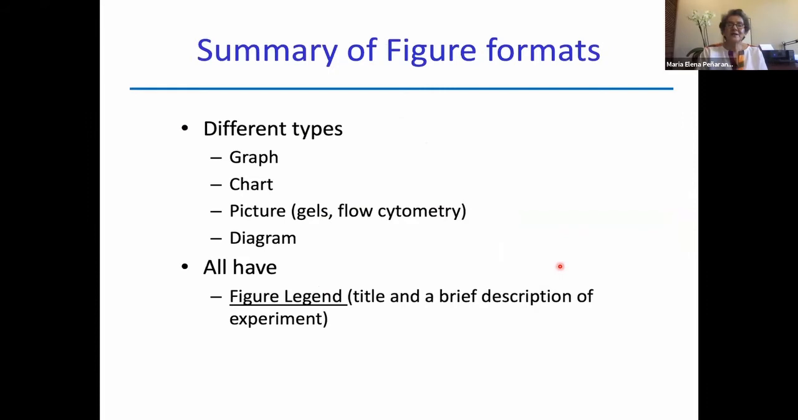No, to summarize, sorry, deviating too much. There are different types of presenting your data: graphs, charts, pictures, gels, flow cytometry, that's very common, or diagrams that explain your complex relationships you want to make with your data. And all have figure legends, title, brief description of the experiment, and the table will have